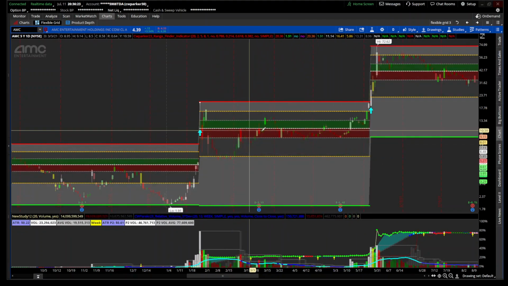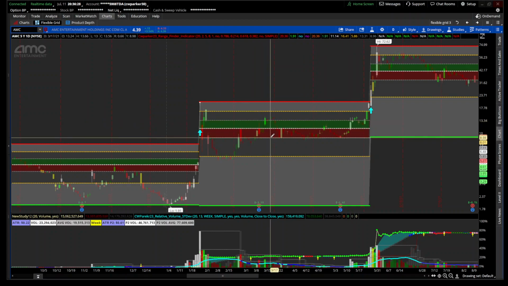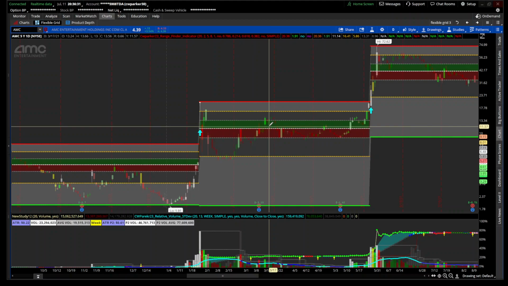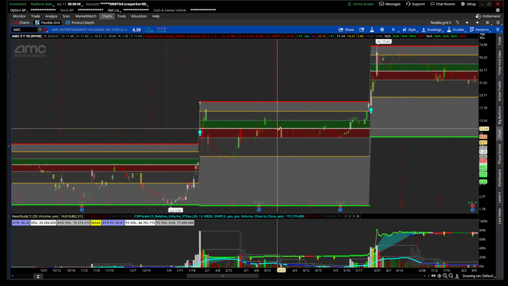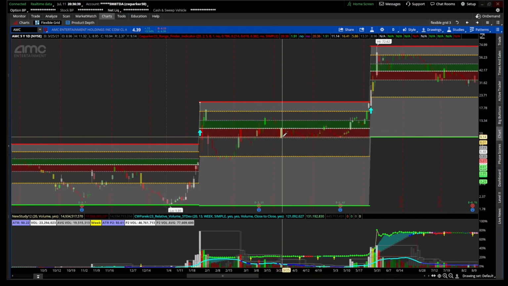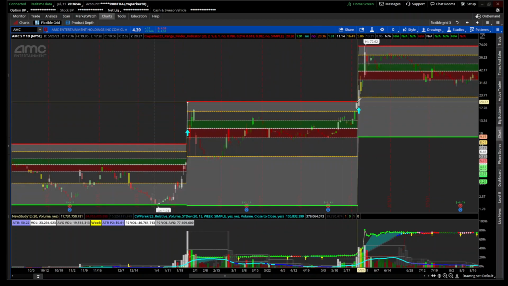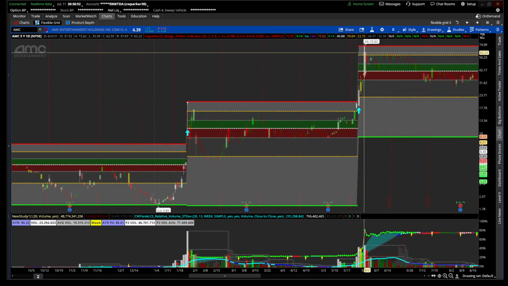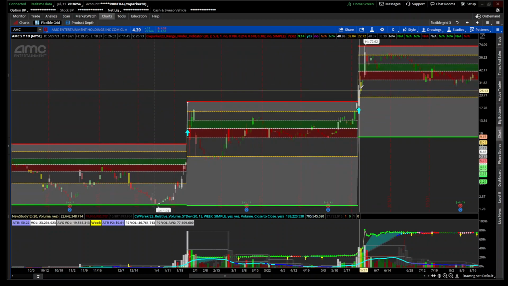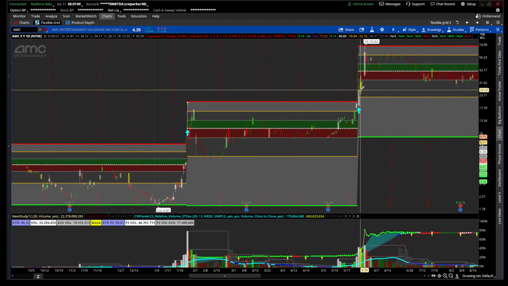Anything above the 50, I have the fibs for the 61.8 and the 38.2. Up above the 50, the 61.8 is green. Below 50, the 38.2 is red. For the most part, this indicator would have shown you when AMC broke above 20 here. You could have found it on this day, done a trade the following day, got in and rode it up